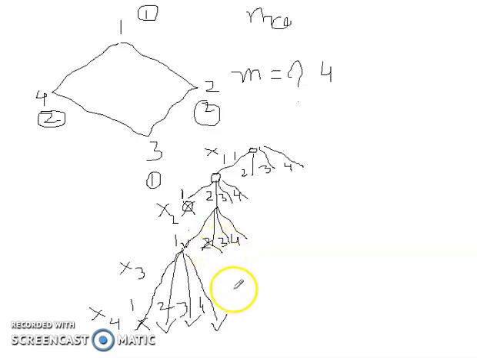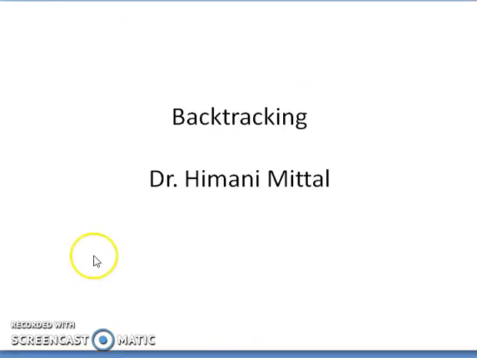So for 3 I will generate all the children and grandchildren. Similarly for 4. So we will expand this tree in this fashion. So what we are doing is, wherever we find a value which is not feasible, we will backtrack to another sibling, or we will backtrack to another level of this tree. So this is the crux of the backtracking method.